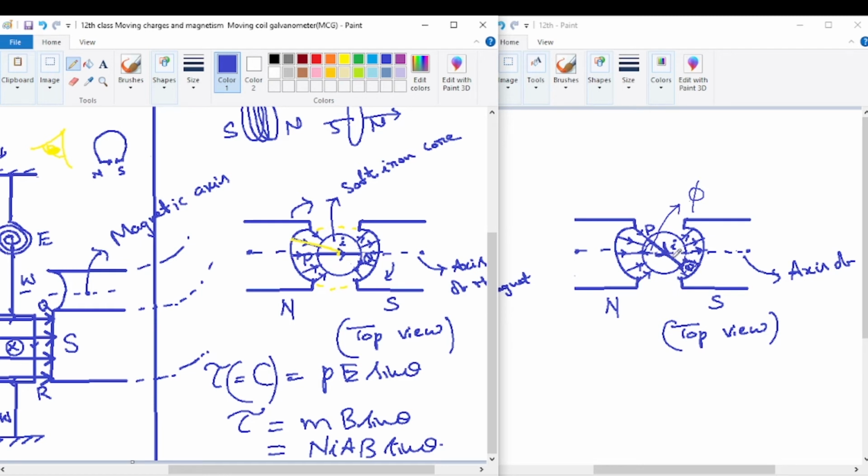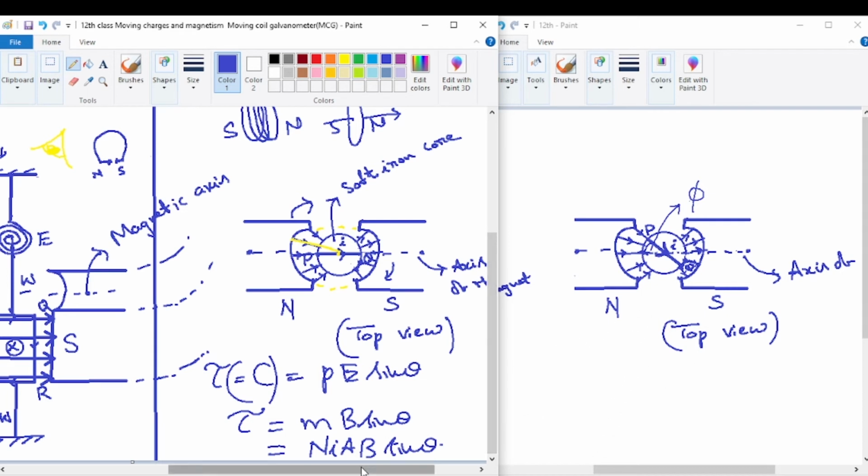Parallel to the field automatically means that, what is the natural axis of the coil? We have seen that it is perpendicular to the plane of the coil. This is the plane of the coil, PQ direction. So natural axis means, already we have seen, it's an imaginary straight line perpendicular to the plane of the coil passing through the center. It will be like this, natural axis. So even now you see natural axis is perpendicular to the field, so theta is 90 degrees. So this is a very, very important result.